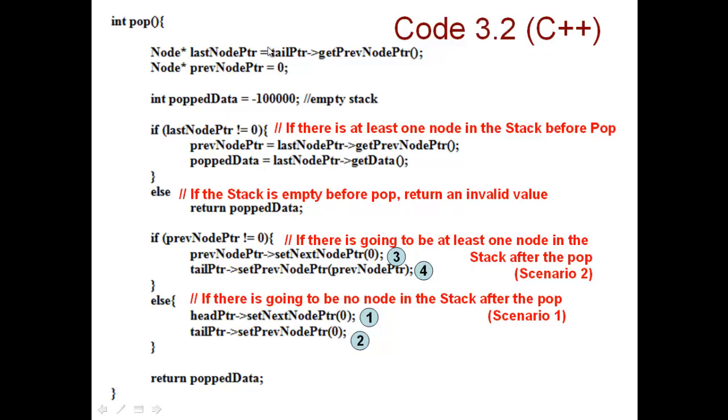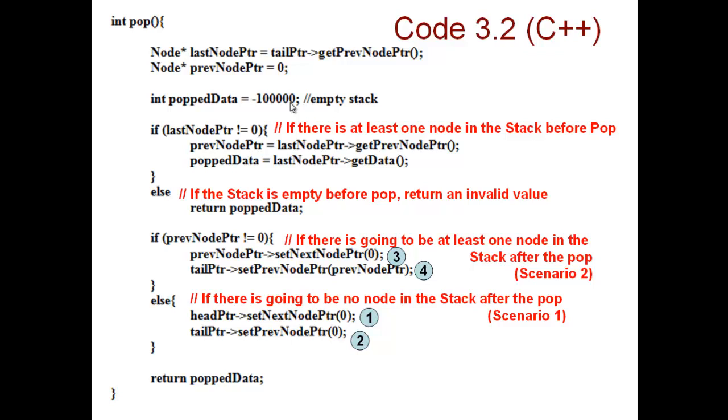So try to first get the address of the node previous to the tail node. Tail pointer arrow get previous node pointer will get you the address of the node previous to the tail node and store it in the last node pointer. And also have another pointer called previous node pointer set to null. And the pop data is initialized to negative 10,000, a very small negative value, to indicate if the stack is empty and you're trying to pop, you have to send something to indicate that it's an